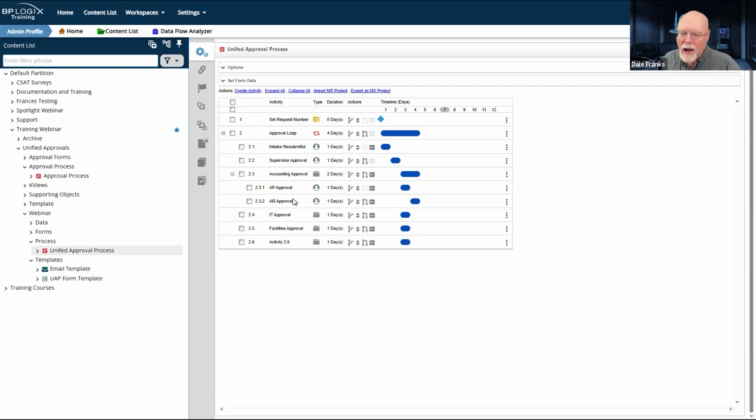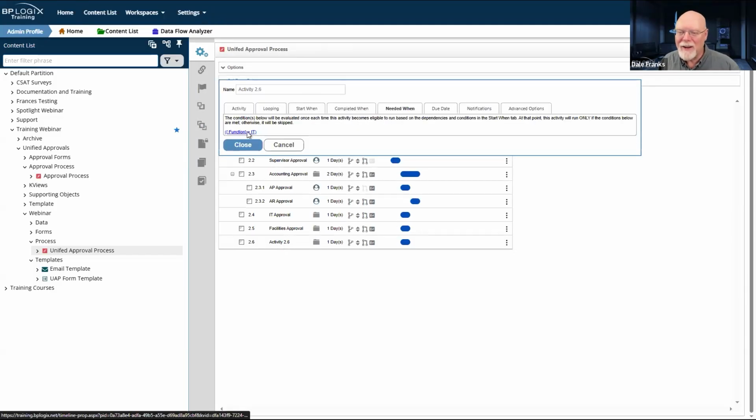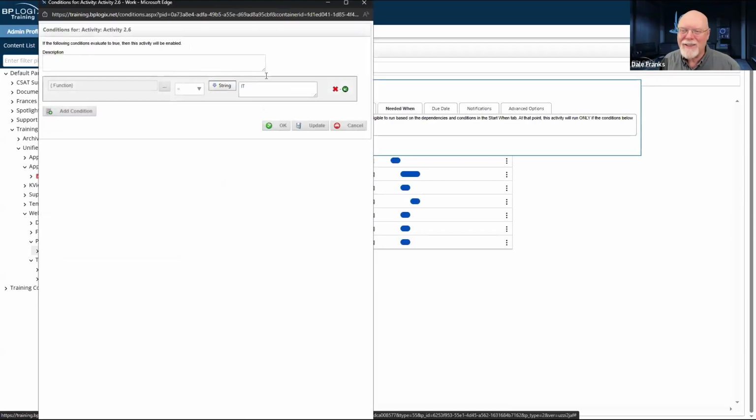I could also have however many other approval activities I need inside this process timeline to make my other accounting activities work, and I could order them in whatever order I need to so that I have the appropriate accounting and ultimately IT and facilities. And wow, I just keep not configuring this.